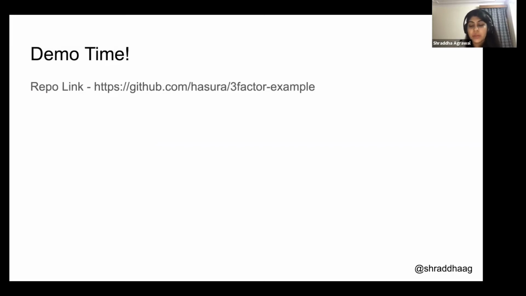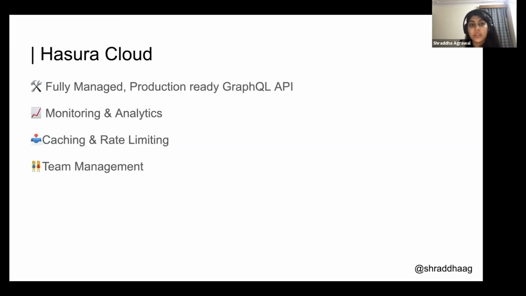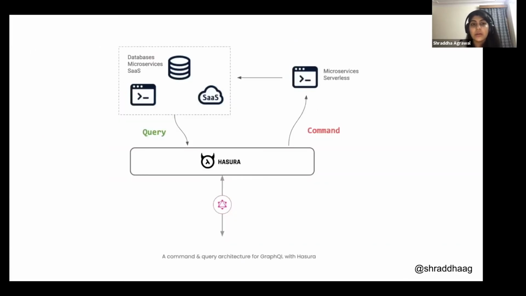So what we've come together with as an architecture is, if I go back, instead of taking Postgres as the database, we can just take Yugabyte Cloud. Instead of plain old Hasura, we can take Hasura Cloud, and serverless functions are already scalable. And this gives us all three components of our architecture scalable as well as fast, which was our goal initially.